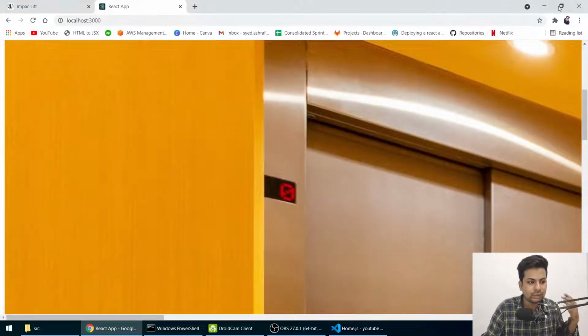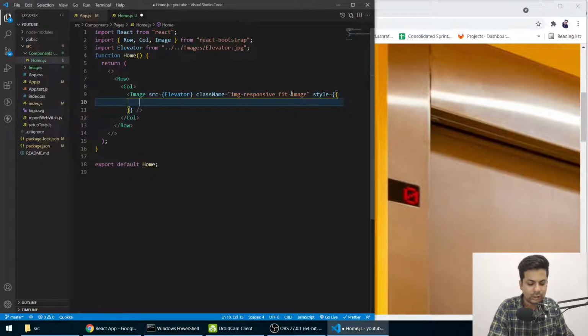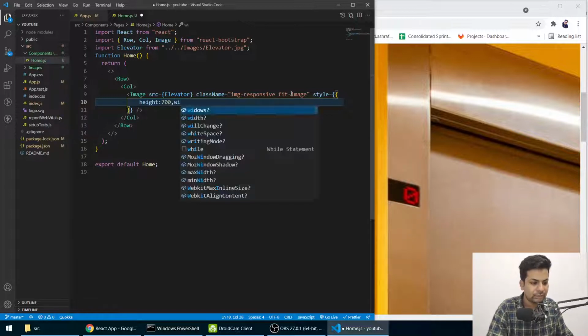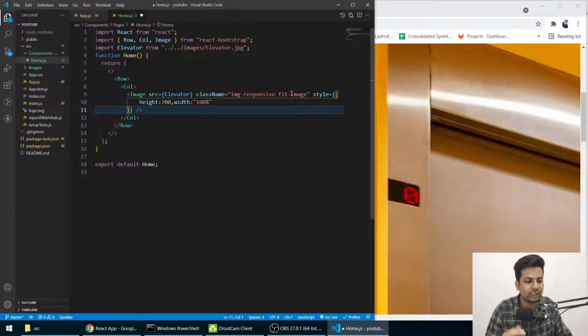But still it's not right, because we have to give height and width also. So here we'll say style is equal to, and we'll say height, let me give it 700 pixels, and width should be 100%. It should cover 100%. You don't need to write px when you are just giving a number. It's automatically known.